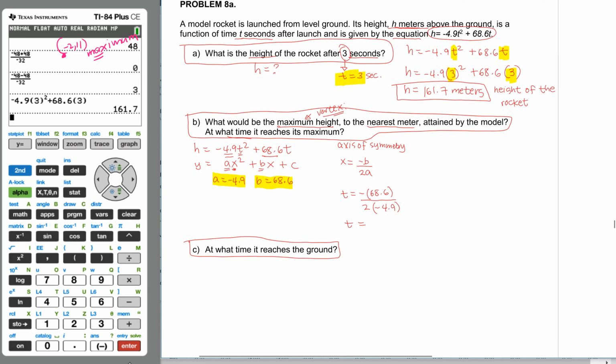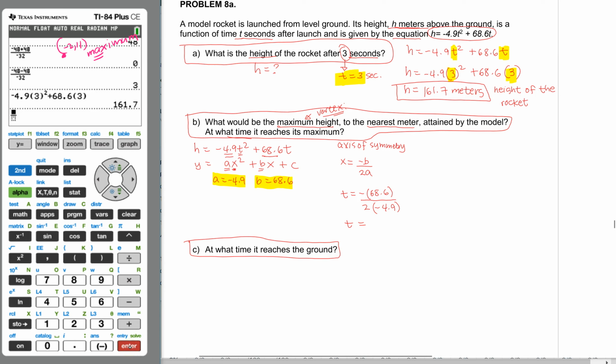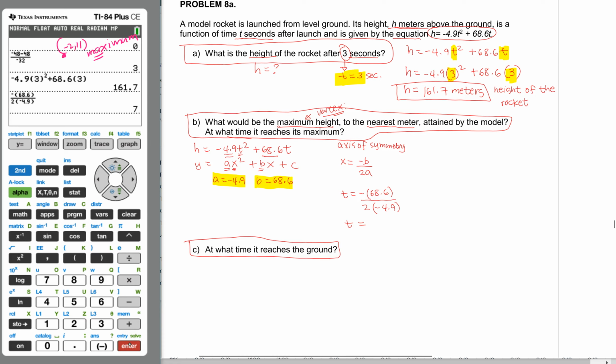I want you to practice entering fractions on the calculator: negative parenthesis 68.6 over 2 times negative 4.9 parenthesis. Press enter. This gives you 7, which means 7 seconds. And this is the time